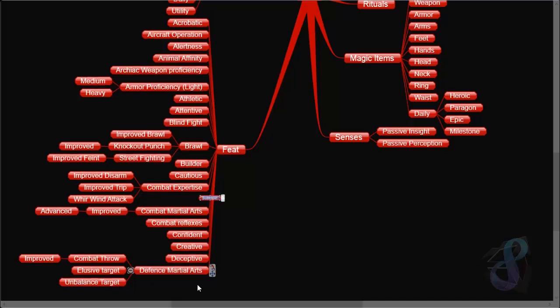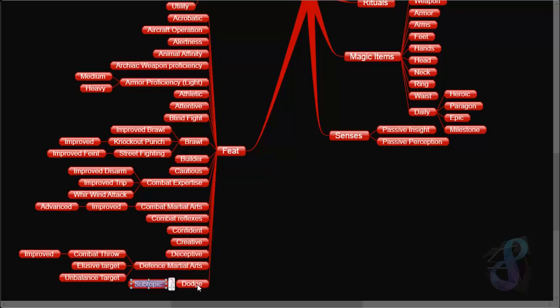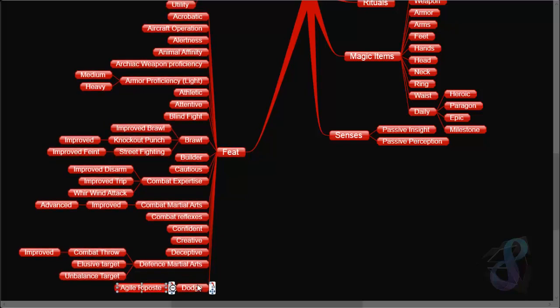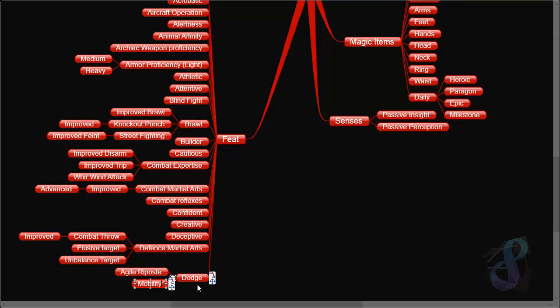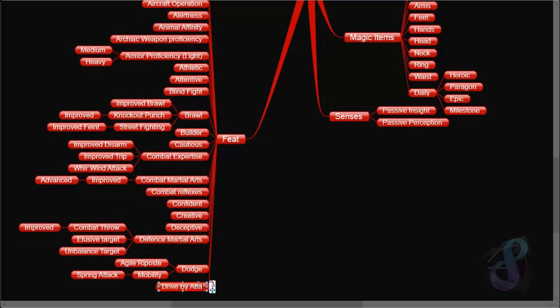Then we have dodge, and for dodge we have agile riposte, then mobility, and from mobility we have spring attack, then next one is drive-by attack,